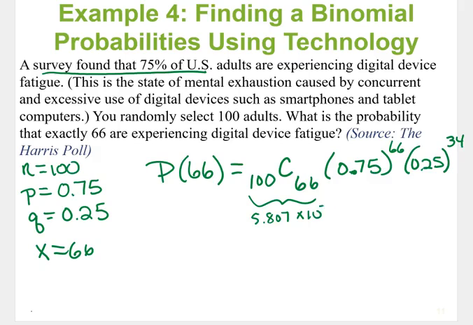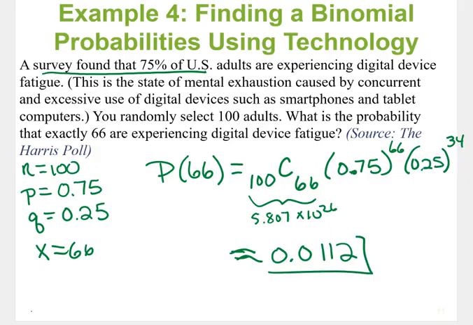5.807 times 10 to the 26th power. It's going to be a huge number. So again, utilizing your technology here is going to be really important. So put that in, multiply it by 0.75 raised to 66th power times it. Just do it all at once. And usually calculators, if you do it all at once, will not core dump on you. And then, of course, we have to round it, so it's